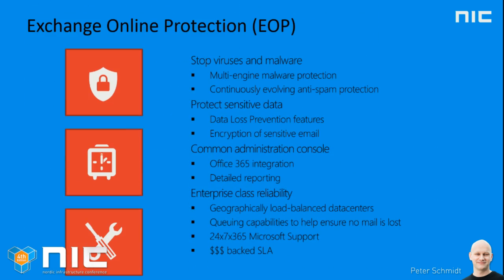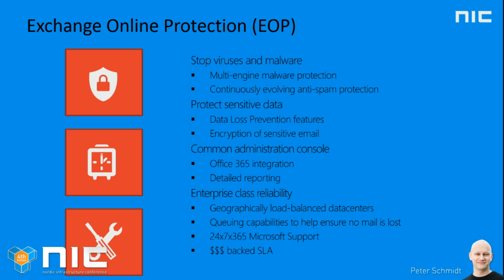First off, if we take a brief look at what Exchange Online Protection actually is, it's a feature set of Office 365 nowadays. It actually comes from, for those of you who might have known it, the Forefront Online Protection, but nowadays it's a more integrated part of Exchange in Office 365. What it can do for us is primarily help us stop virus and malware from getting into our organization. And Microsoft is using multiple scan engines, either on the malware side or on the antivirus side, to help protect you against this.